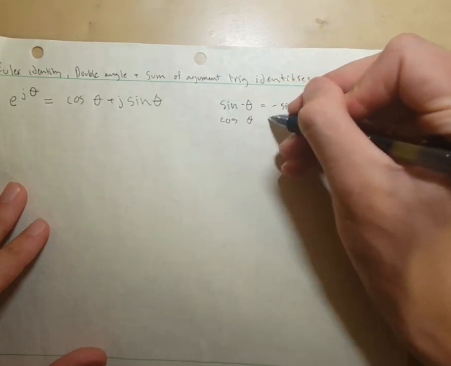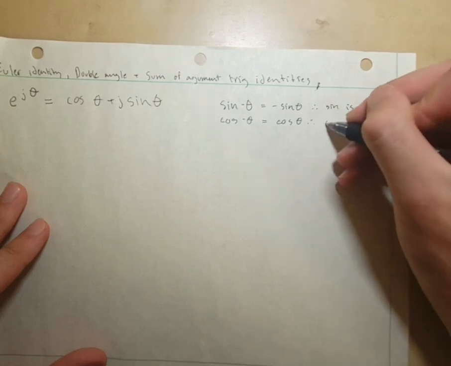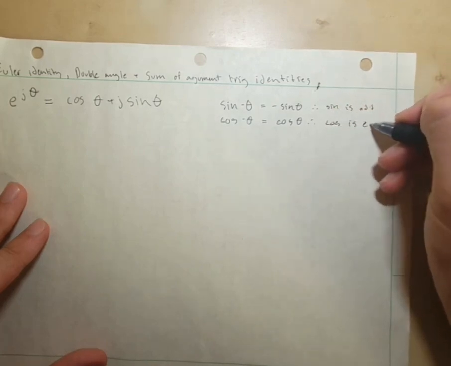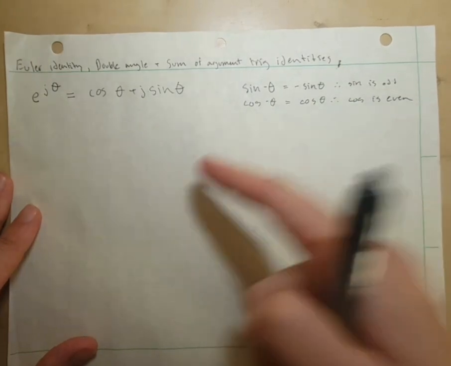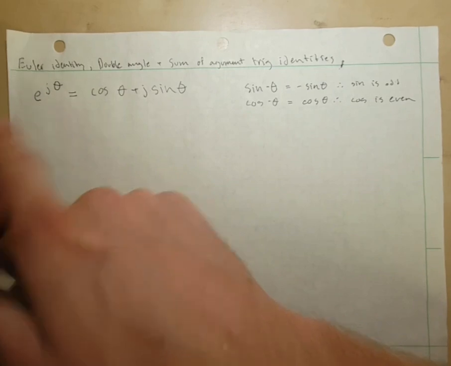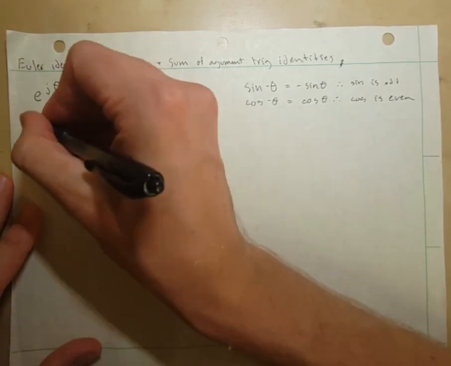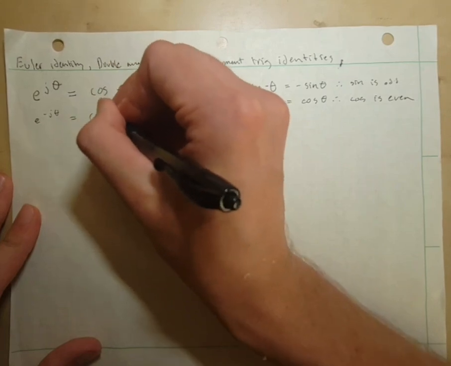Cosine of negative theta equals cosine of theta, so cosine is even. So if you want to calculate what cosine and sine are in terms of the complex exponential, you want to flip this around, take e to the minus j theta, and you get cosine of minus theta